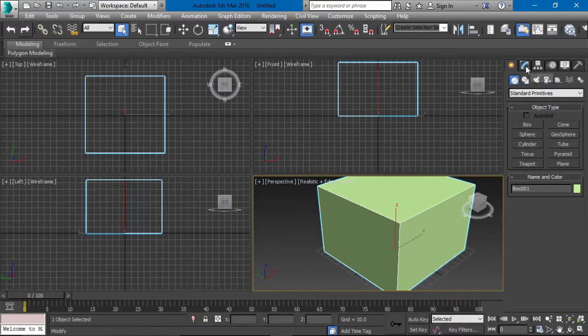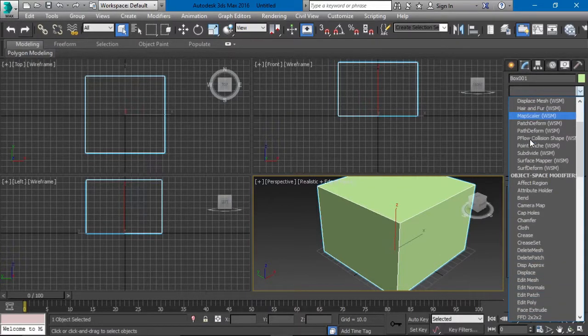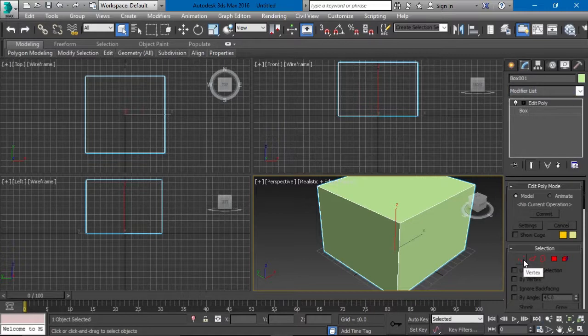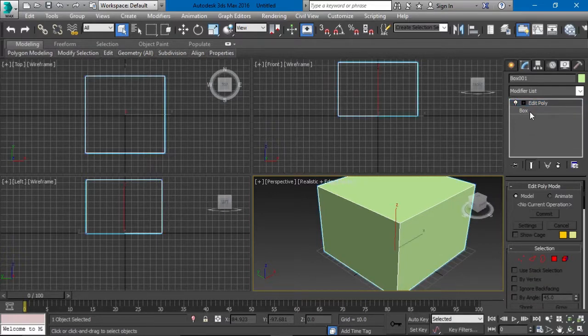So if I just go to my modify panel and click on the modifier list and just scroll this down, now we'll take a look at these in upcoming videos, but for now just scroll down and select edit poly. And if I click on these points here, you will see that we have these different points. So the 2 points create an edge, and 4 different edges create a polygon or a face, you can call it. Alright, so I'm going to disable this mode again, and I'm going to go back and click on the